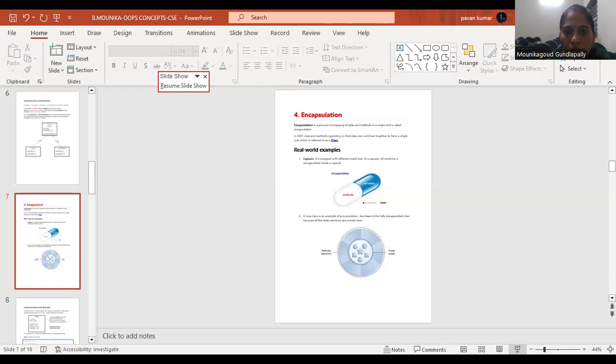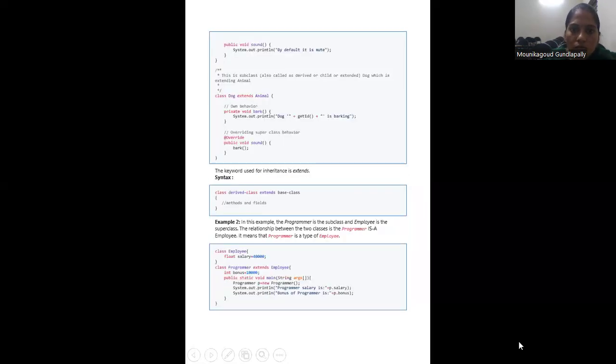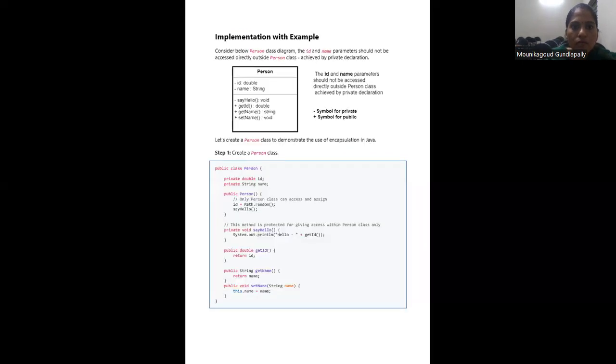Take one example, a Person having ID and name as parameters, which should not be accessed directly outside the Person class, achieved by private declaration. And this ID and name are private. And next, get